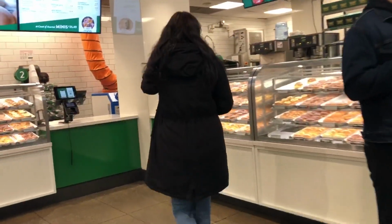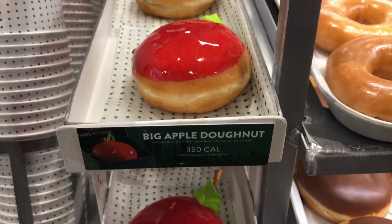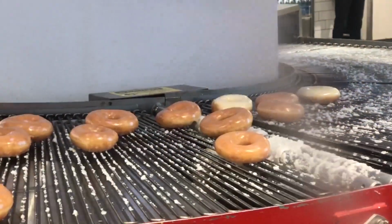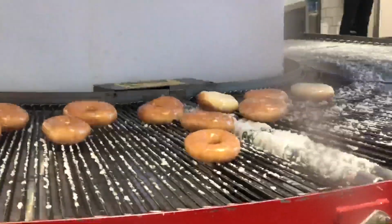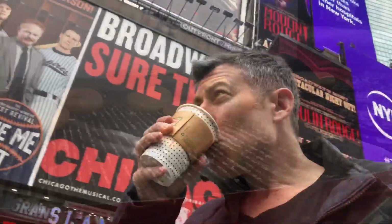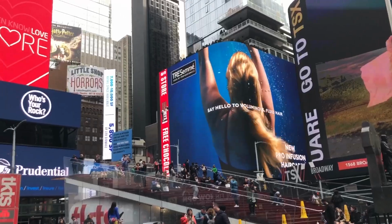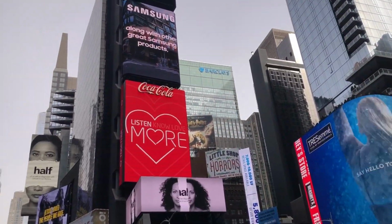Bianca's favorite donut is the Krispy Kreme. Every day I hear about Krispy Kreme this, Krispy Kreme. This donut is $10.95. Times Square, had to do it. Thought I could get away and not do it, but